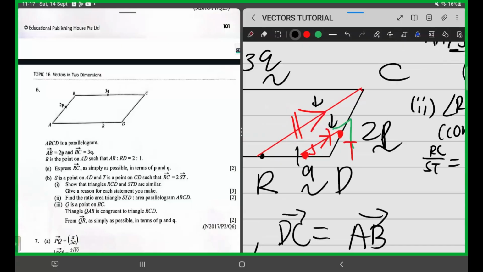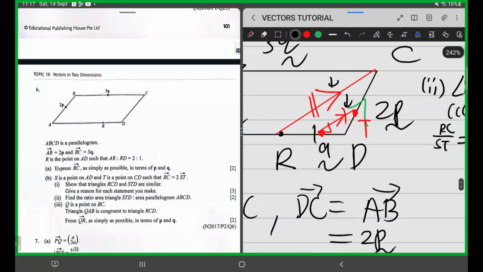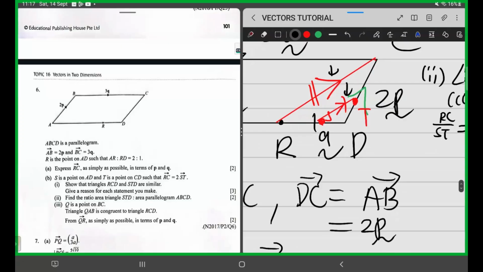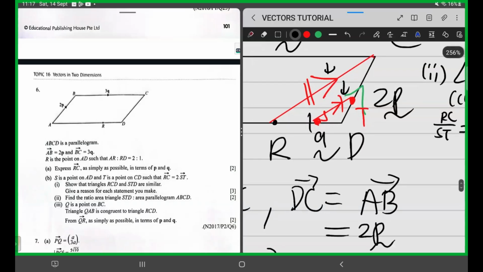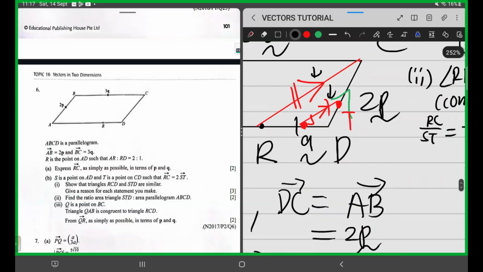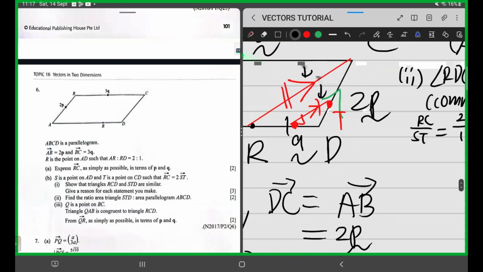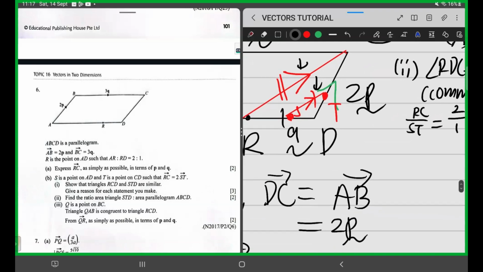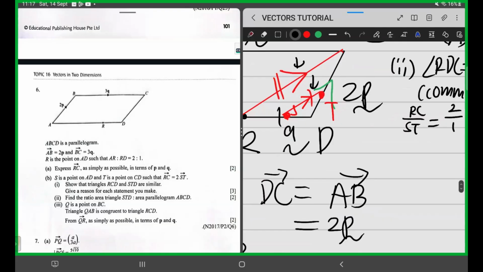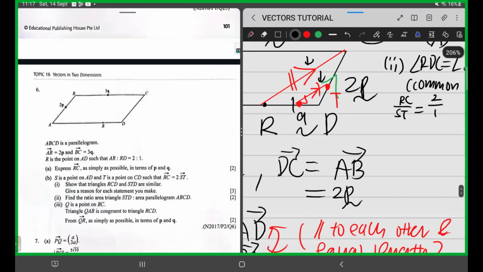So let's take a look at this ST, RC. RC and ST. Okay, give me a second. RC and ST. Common angle. RC and ST. Actually, no need, because what we can do also is that since RC is 2 of ST,